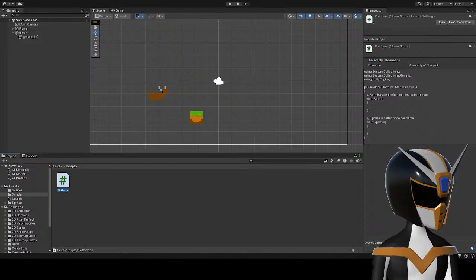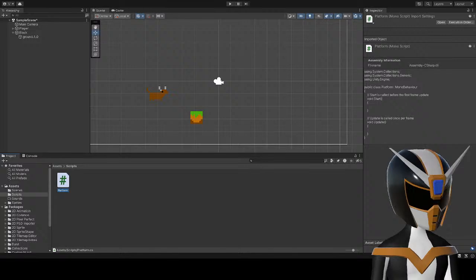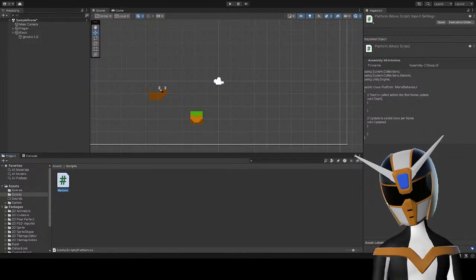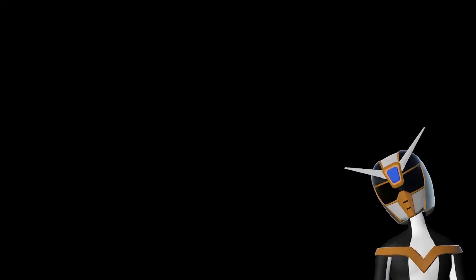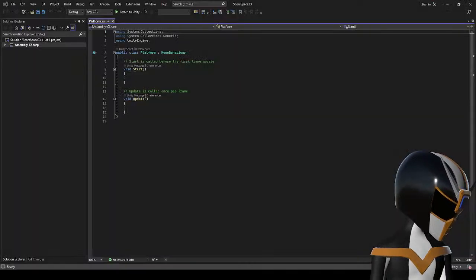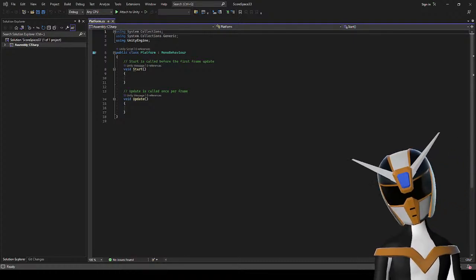Wait, why can't I see Visual Studio? Wait, let's close Unity Hub. Maybe if I do this. No? Still can't see Visual Studio. There. Okay, that's what I'm looking for.